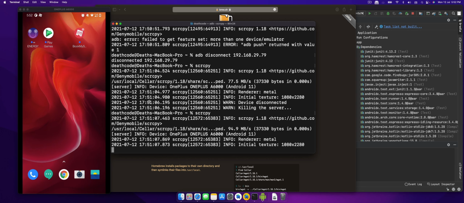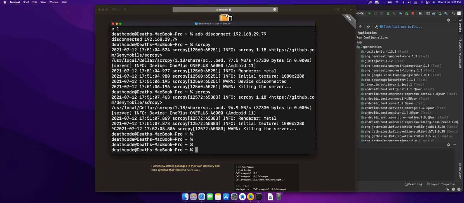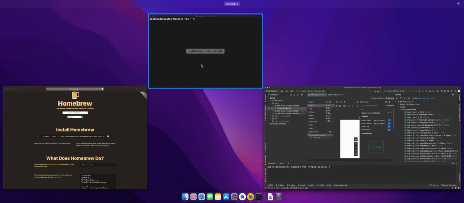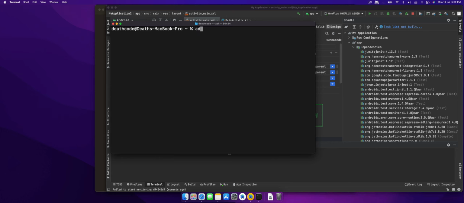There will be cases where you don't want to use a USB cable to do this whole stuff. You can also do it via a remote ADB. To achieve this, you just connect your device and push in the command adb tcpip 5555. This is the port via which I'll be connected to my device.